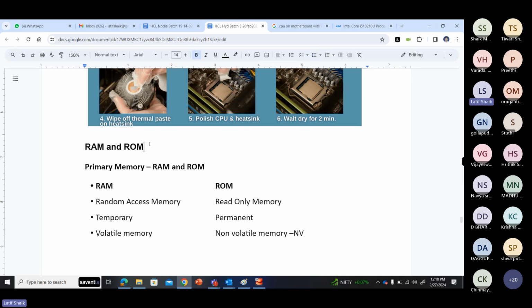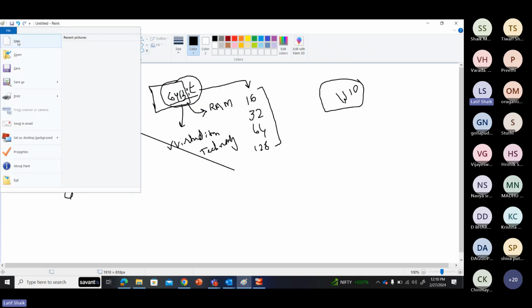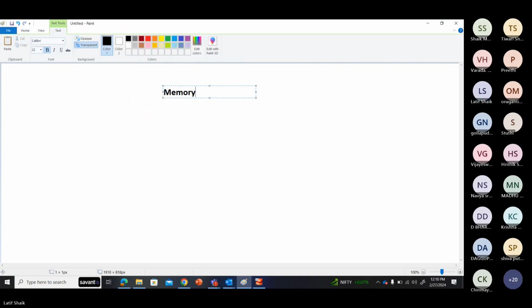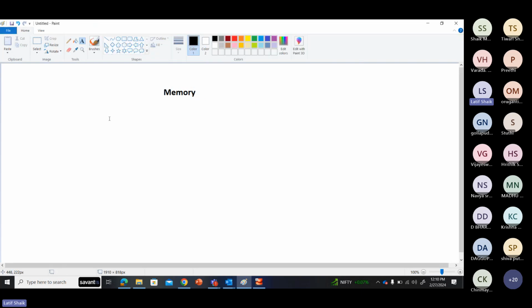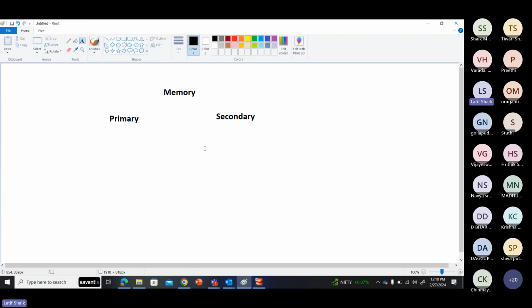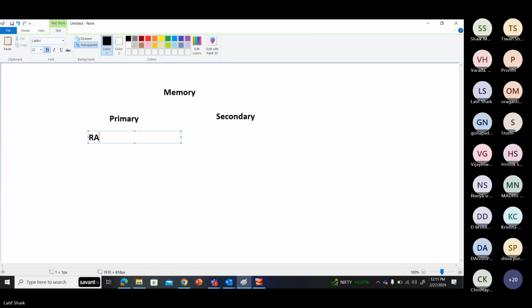Okay, so RAM and ROM are primary memory devices. Actually, there are two kinds of memory devices. One is primary memory, the second one is secondary memory. Primary memories are RAM and ROM. In secondary memories,